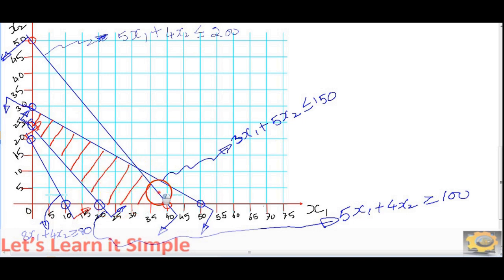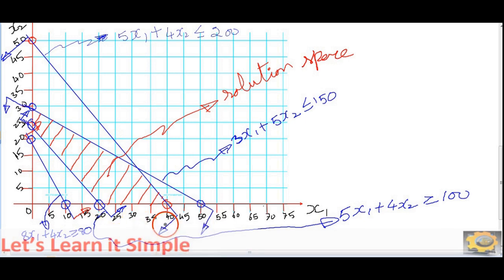Okay. Now this is what is called the solution space. Now this area will satisfy all the constraints. If I check the first constraint, this area is within the first constraint. Again, this area is within the second constraint. Again, this area is above this line, so it satisfies the third constraint. Again, you have the fourth one above this constraint. So this solution space is satisfying all the constraints.